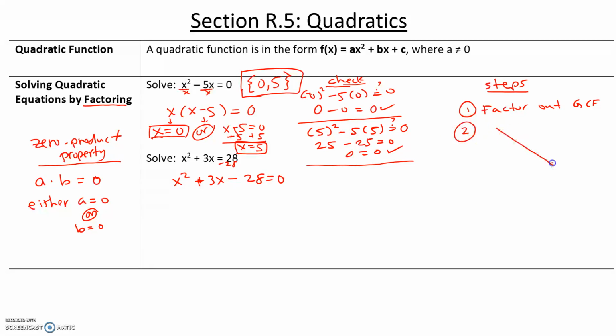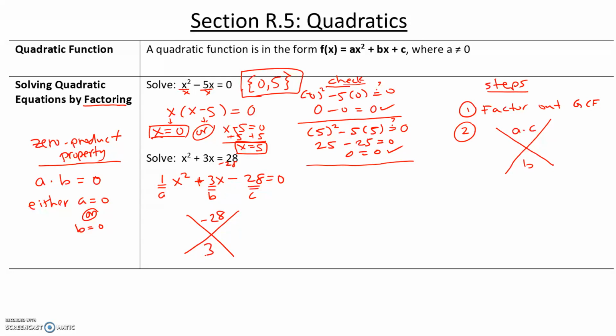Step 2, we make our x factor. And here's what goes in the x factor. On top, we put a times c, and on the bottom, we put b. Now, what are a and b and c equal to? So a is the coefficient of the x squared, b is the coefficient of the x, and c is the constant. So we put a times c. So 1 times negative 28, that's negative 28, that goes on top, and the middle term 3 goes on the